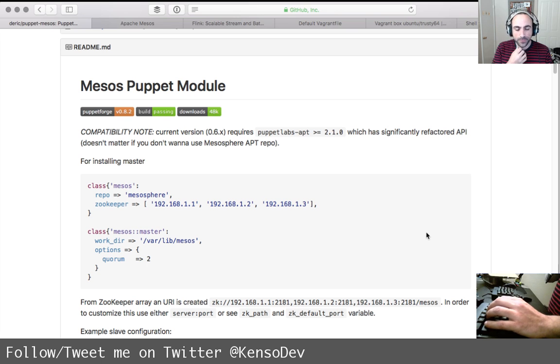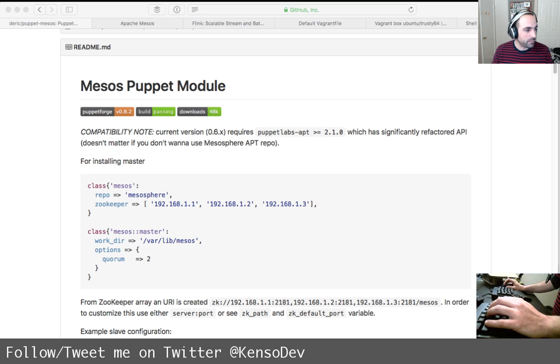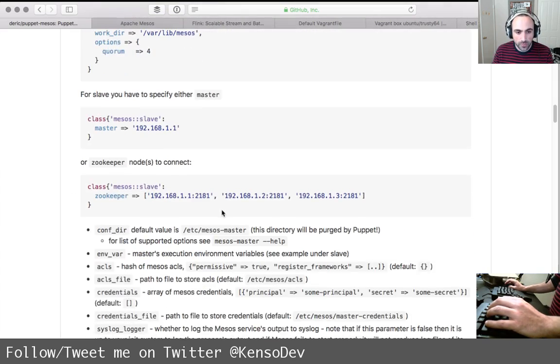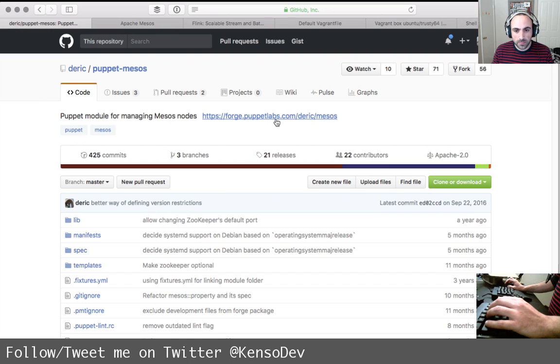So now I can start with some hard-coded stuff and see how it goes from there. So first, let's go ahead and install this.